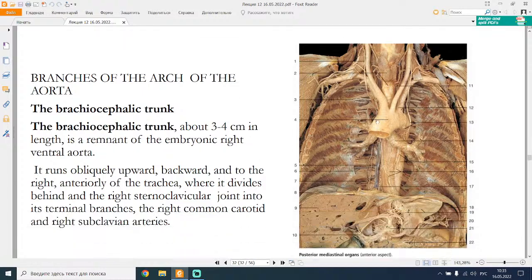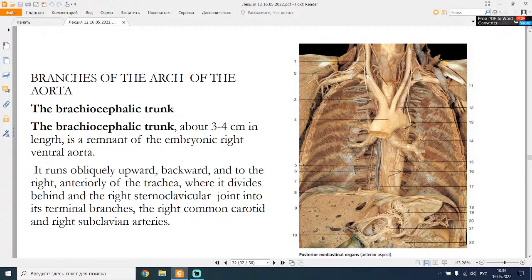Branches of the arch of the aorta. The brachiocephalic trunk. The brachiocephalic trunk, about 3-4 cm in length, is a remnant of the embryonic right ventral aorta. It runs obliquely upward and to the right, anterior to the trachea, where it divides behind the right sternoclavicular joint into its terminal branches,